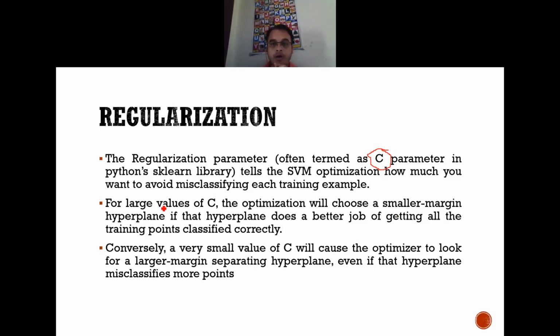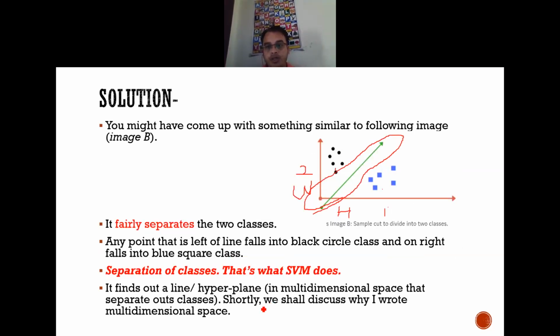Okay, so how to use this C? There are two approaches: a very small value of C or a very large value of C. So if we change the C parameter, how does it affect the complete system? If the value of C is very small, what will happen? This will cause the optimizer to look like a completely flattened line. It will give me a completely flat line. So due to this issue, what will have an impact?